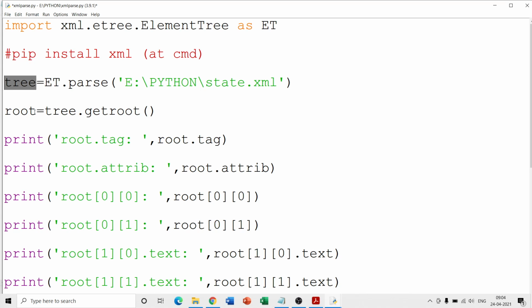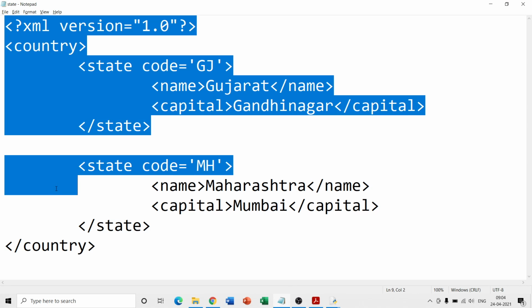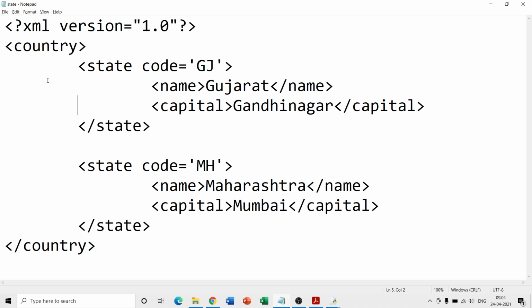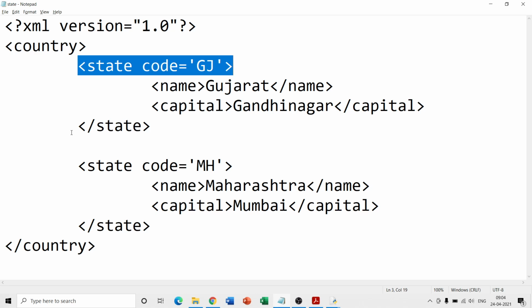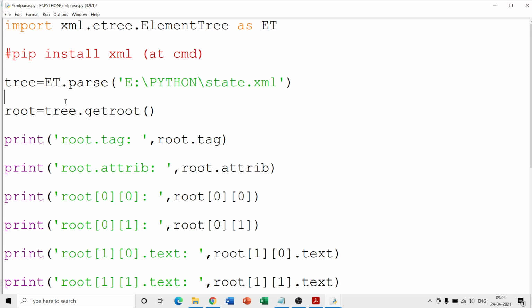Now we go to the next step. We want to access the tags one by one, and that is why we go to the next step. So root equals tree dot getroot.